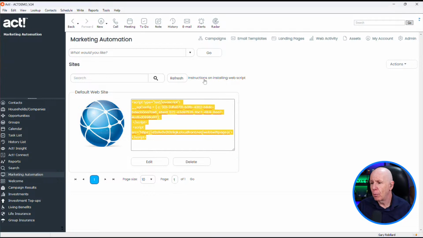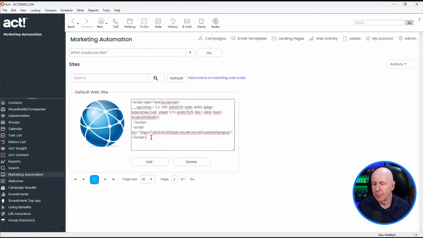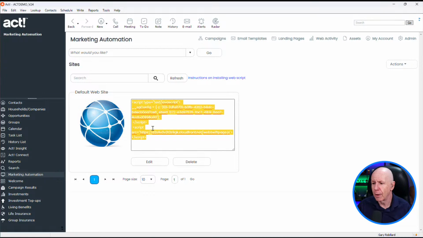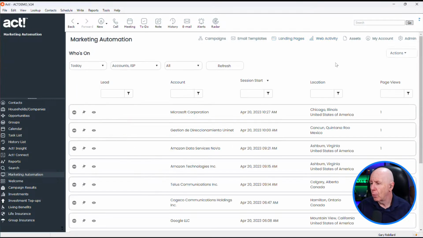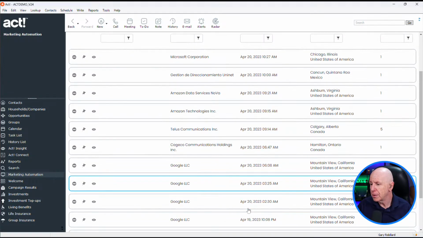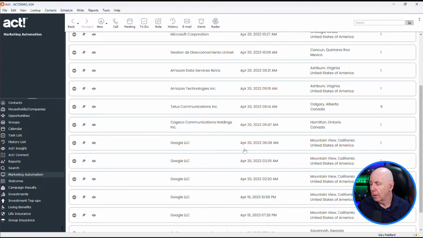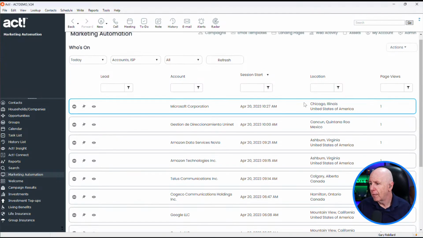And if you need to get some instructions, you can go here. I also have a little document that I already pulled off of there. So if you need to know how to set this up, there's about 3 different ways to set it up. I can send you that. Just direct message me. You copy this thing, you put it on your website, and then once that's in there, it's going to start pulling off stuff. So you can see here, today is April 20th. I've already had a bunch of people connecting in this morning from different areas.